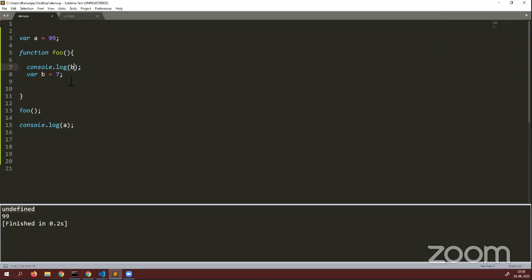So here you see that, exactly like a function expression, when you create a variable like this, JavaScript actually breaks that into two statements. One is var b equal to undefined, and then b equal to 7. And it will take the statement where you are declaring it to the top of the execution context. In this case, consider line number 6 is the top of the execution context for function foo. That's the reason when you try to access it before you declare it, you are getting undefined. All right, so this is something you should keep in mind, that if you try to access a variable before it is declared,